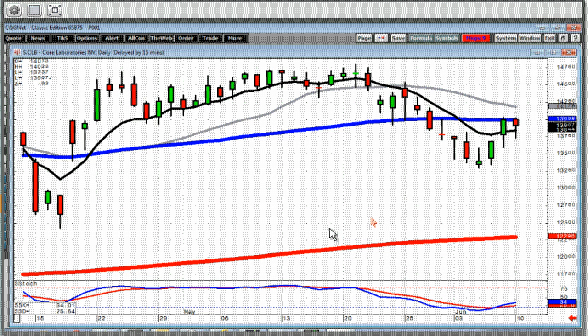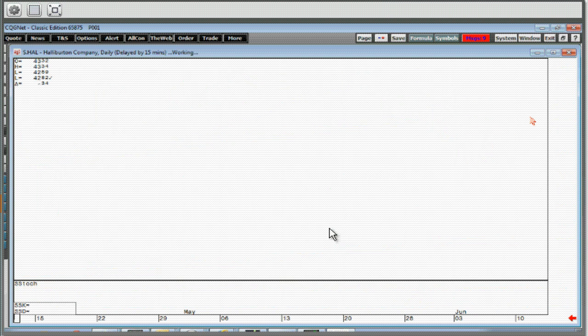You're above the T line, but it needs more strength right now. You've got a good reversal signal, the Morningstar signal, gap up. I would be putting a buy stop just above today's open, which would take you up through the 50. Halliburton,